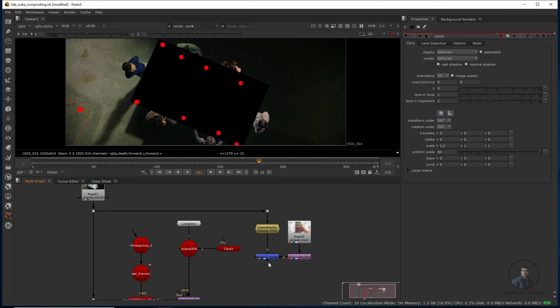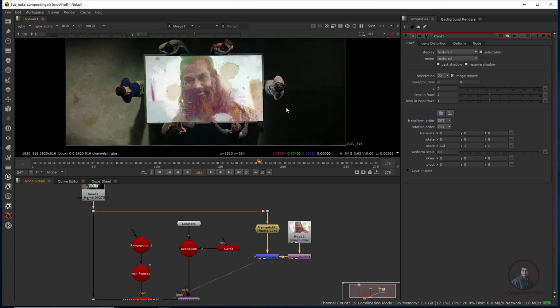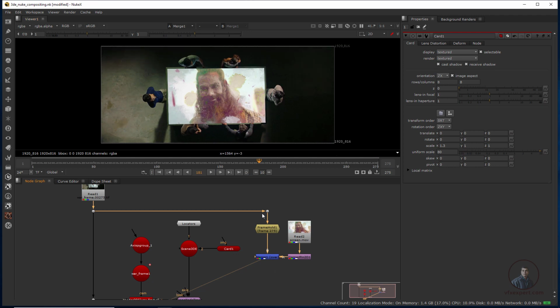Okay, so before this, if you will see here, now if you project this merge node onto this card, you will get the entire image, meaning this one also you will get on our card. But here I only want this area, only this one I want to project onto this card, because here I want to see our original video.